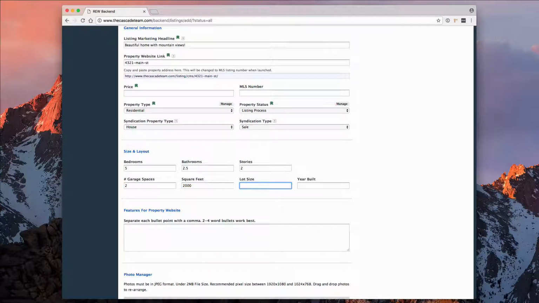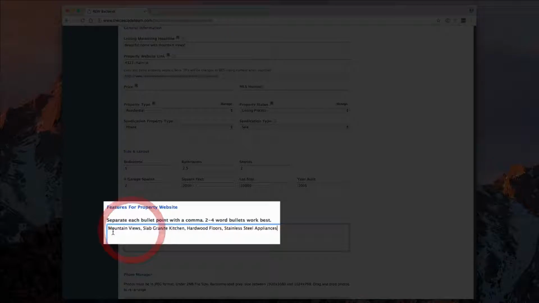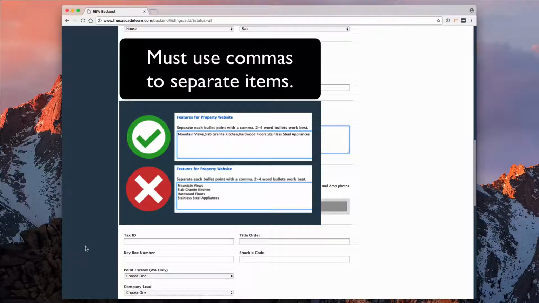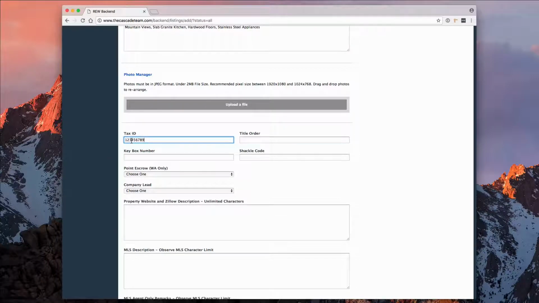It's best to use short bullet points of 2 to 4 words, and they must be separated by a comma. And if you use anything other than a comma, they will appear jumbled up on the property website. We'll come back to the photo section when the photographer is done, and we'll move on to the showing feedback